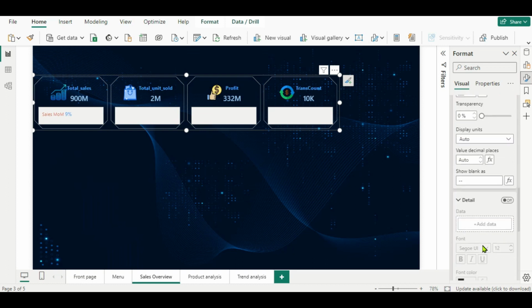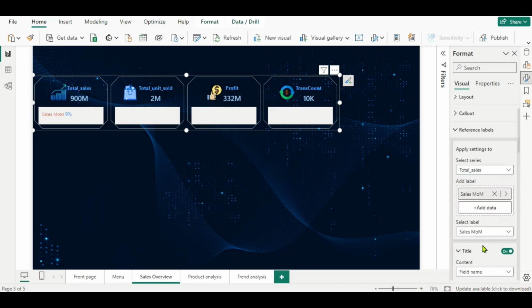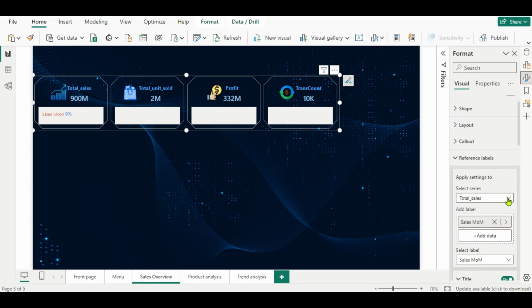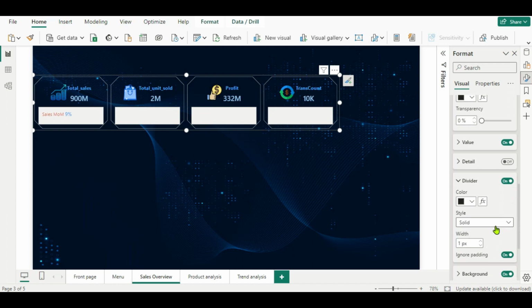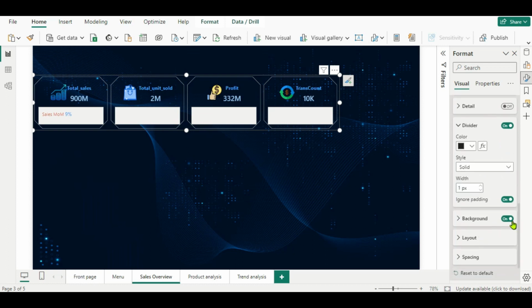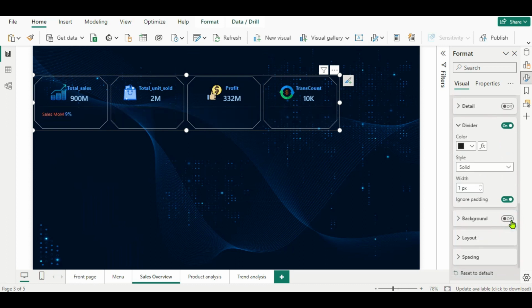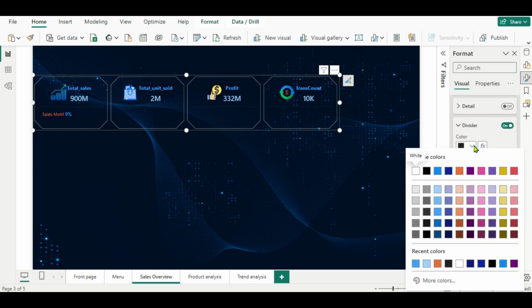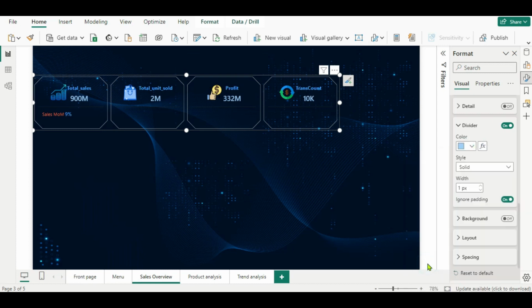Now we can see here we have a white background. For removing the background, go again to the reference label, and instead of just total sales, select all here. When you select all, you will get the option to turn off the background. You can turn off the background like this, and if you want to put a divider, you can put the divider here. It is already there. We'll change the color to light blue. Now we can see the divider here. Likewise, you can add the